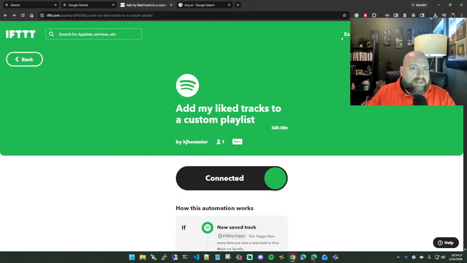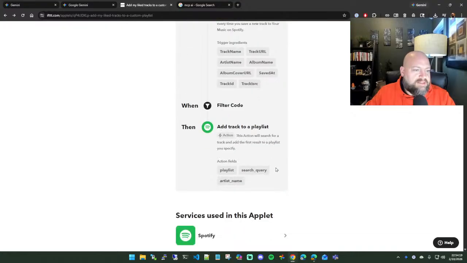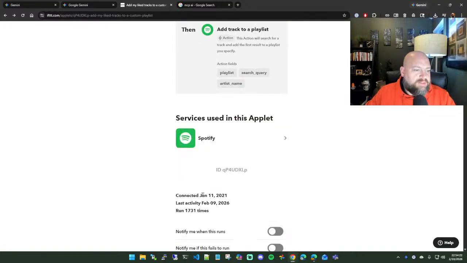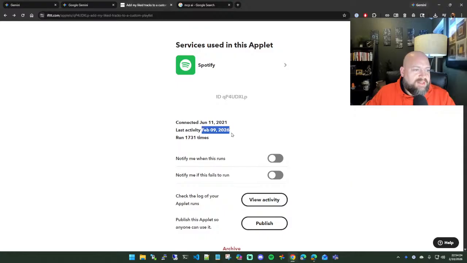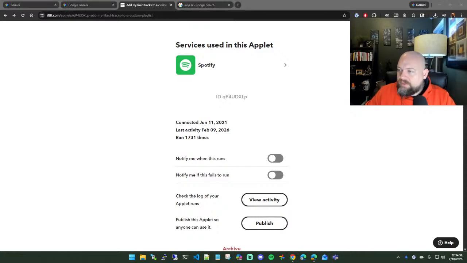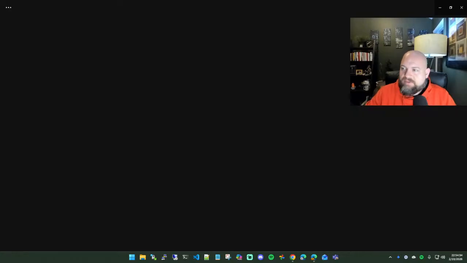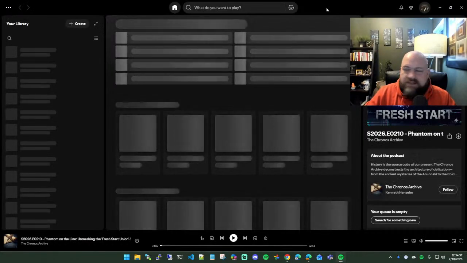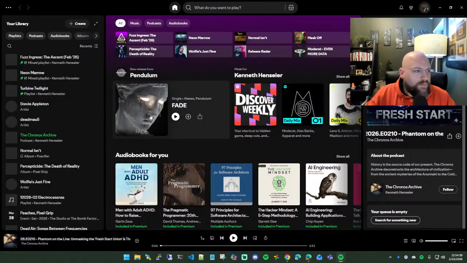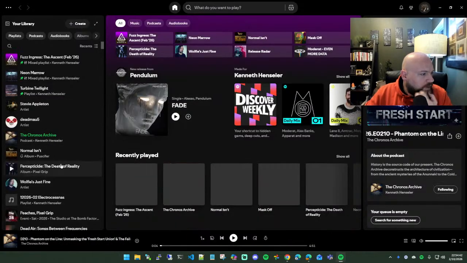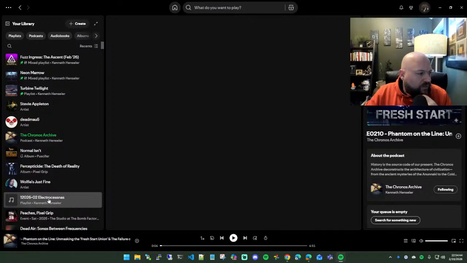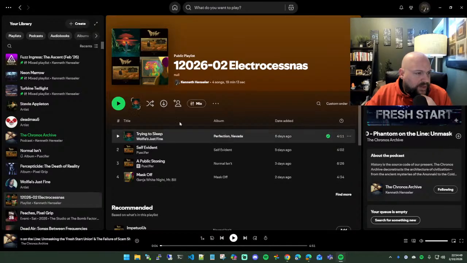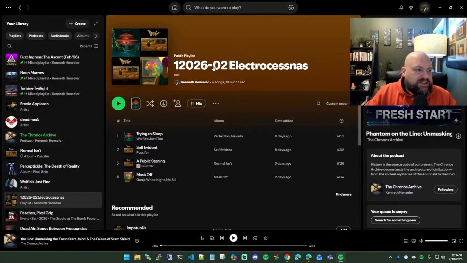Okay. So that's what's happening in the back end. Like I said, I have this thing connected. This thing's always running. This thing's been running for quite some time. Last ran on Feb 9. And let me just fire up the Spotify desktop app here, and we'll just pop in here. So as of right now, if we open up this month's playlist, so we're looking at the 2026 February